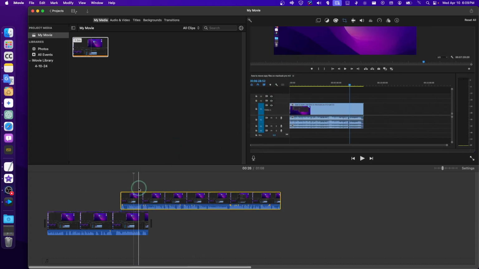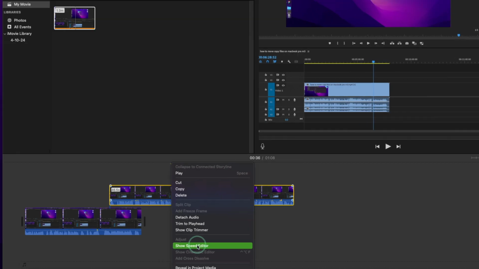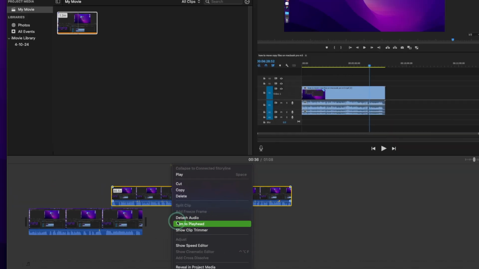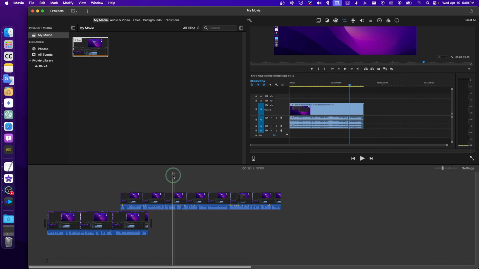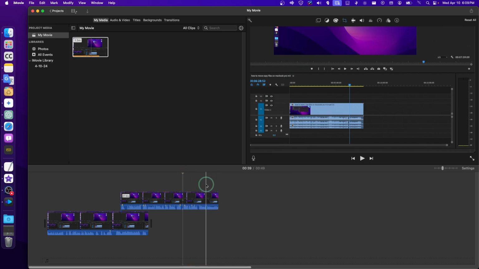And now what if you want to, maybe if you right click, you select the video, make sure you also select the video. Here you also have other options. Maybe you look to show speed editor, to trim, to playback. Also something very important here, I can move the cursor and I can click on trim to playback, which will trim. Maybe I want to remove this part to the end, I can right click and select trim to playback